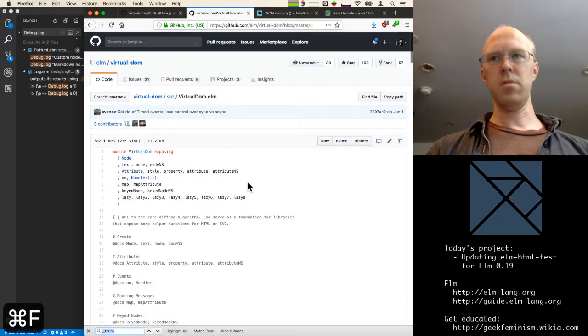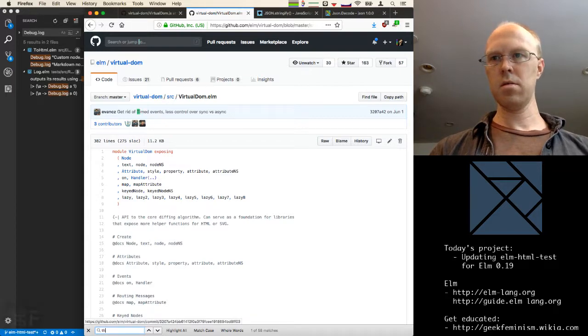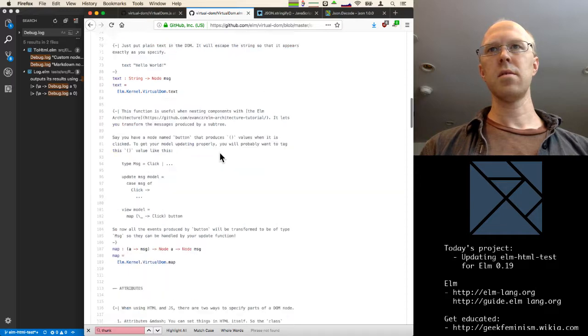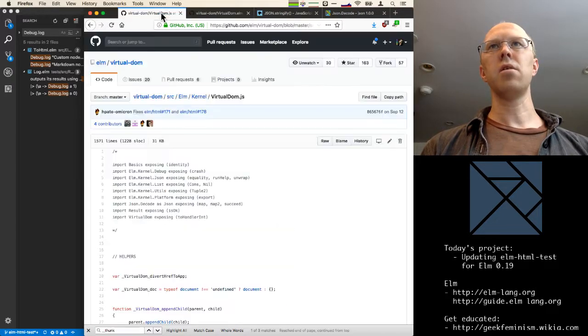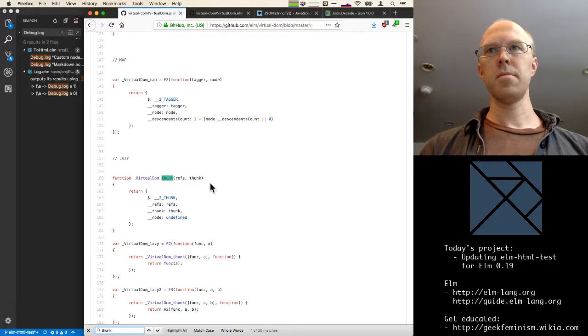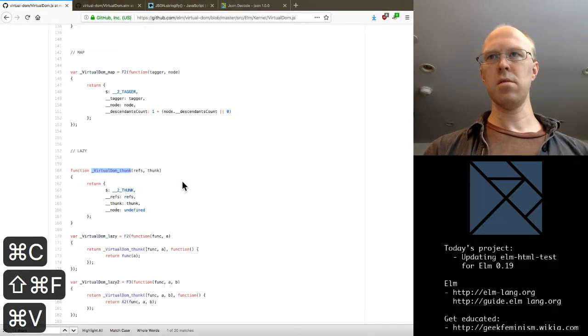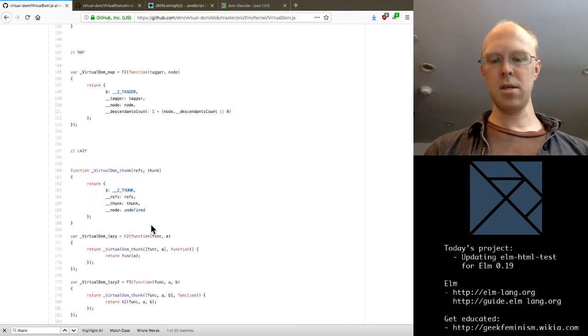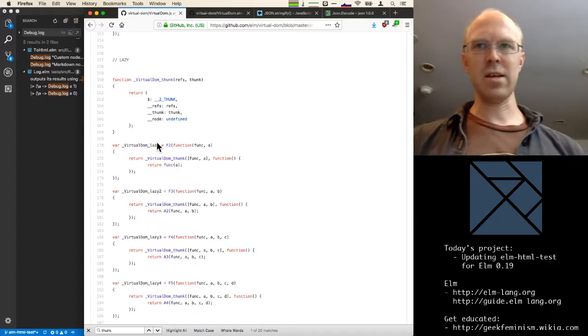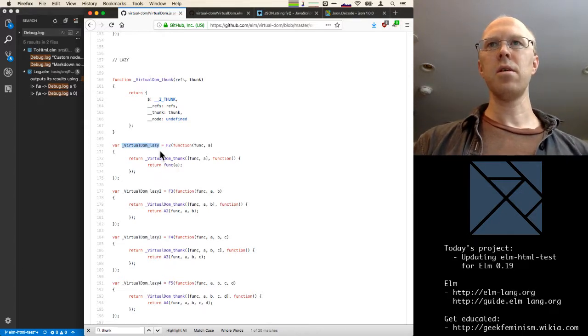What does the Elm code look like? This is not calling thunk directly. So where does this get called? Oh, I see. This is called from lazy. Oops, I keep hitting Command-Shift-F accidentally. Okay, so in lazy,